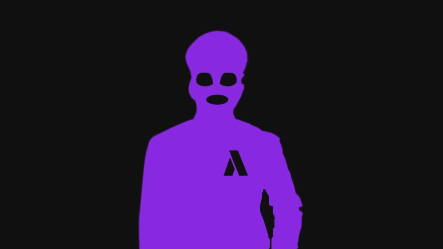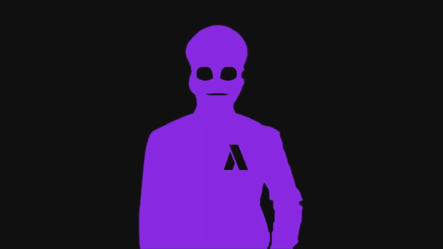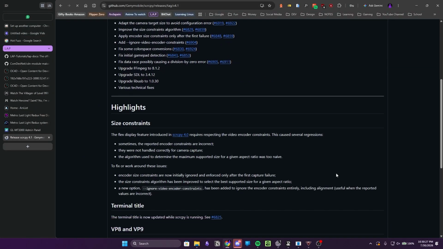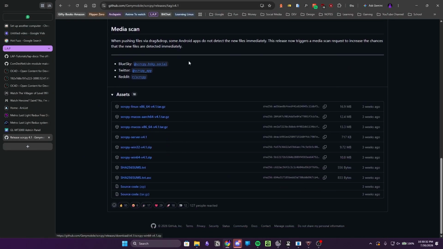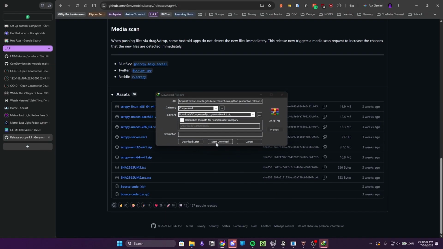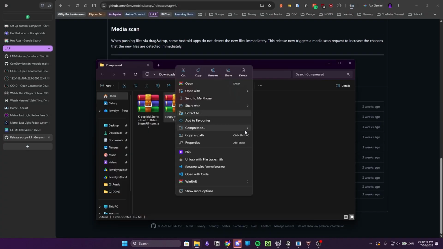Head over to Scrcpy's GitHub repository. Look for the releases and go to the latest release. Scroll down until you find the assets and download a zip file for your operating system, which in our case is Windows. Extract that zip file